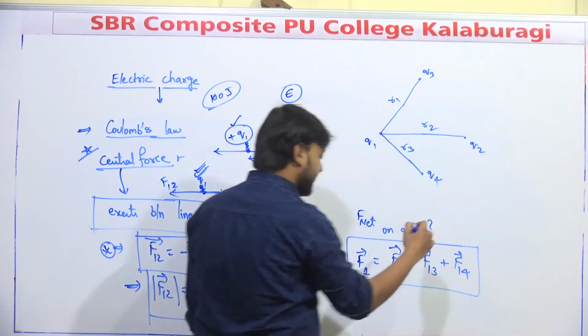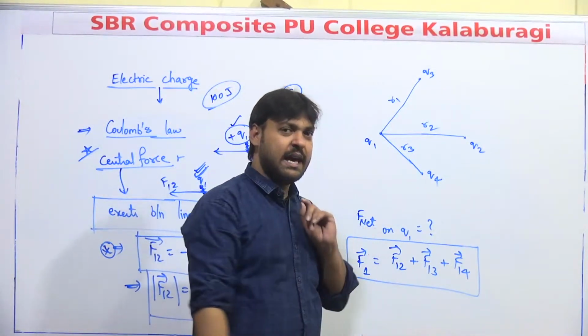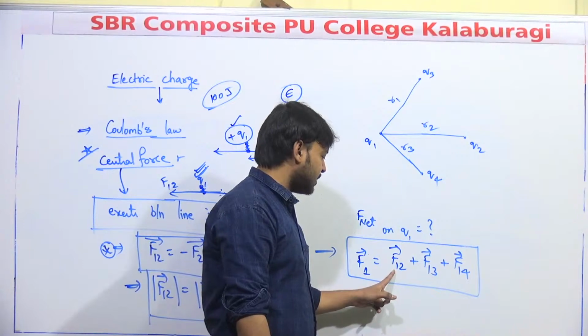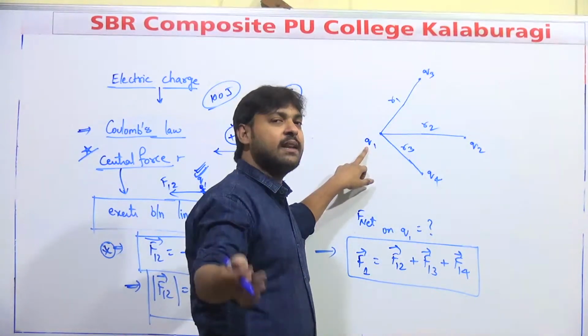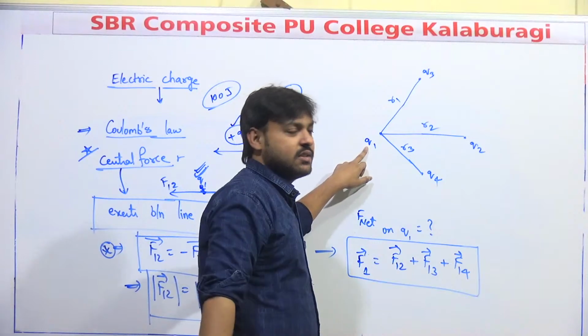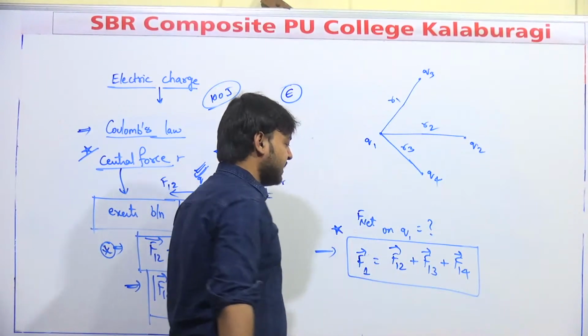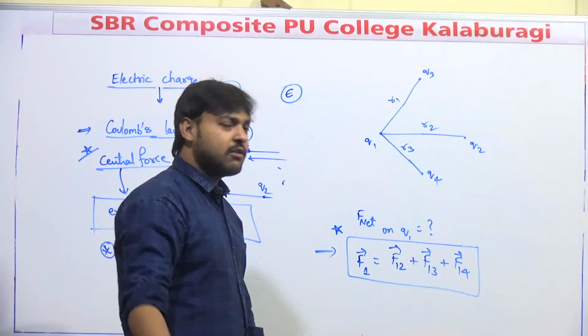This concept, vector addition, is very important. That's revised vectors, then this topic will be easy for you. So the net force is the force by the other charges on the charge where you are calculating the net force. Clear about that point? So the net force is equal to the vector sum of all the individual forces acting on the system. Now my question is,